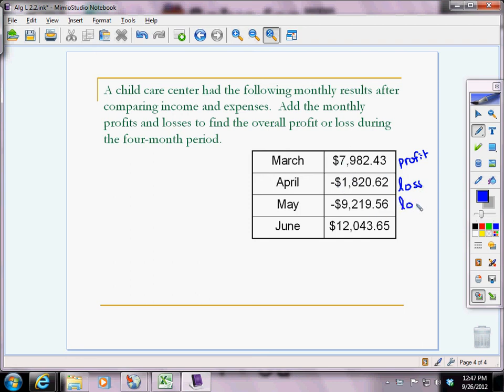They lost again in May, but then in June they had a big profit. So the question wants to know, what is the overall profit or loss? All we have to do, ladies and gentlemen, is basically add these together. Now, you could totally add them just like you did back in elementary school, but we probably are going to type those numbers into our calculator. Piece of advice, please be careful that you put the negatives in, otherwise you will get the wrong answer. And if you type this all into a calculator, you will get the number